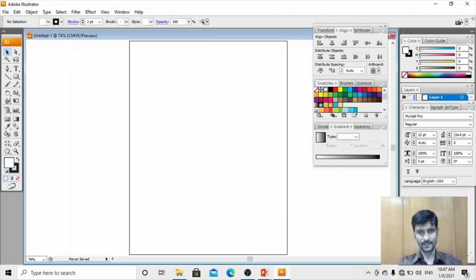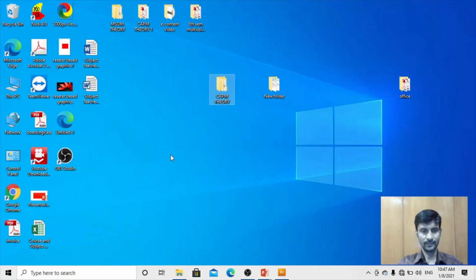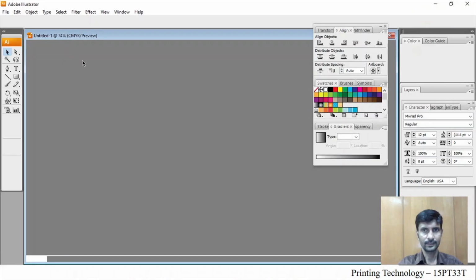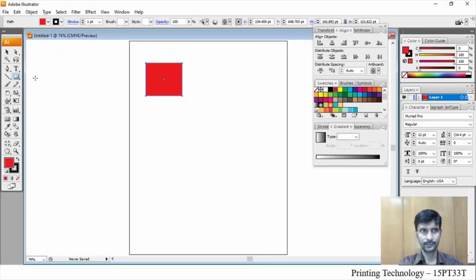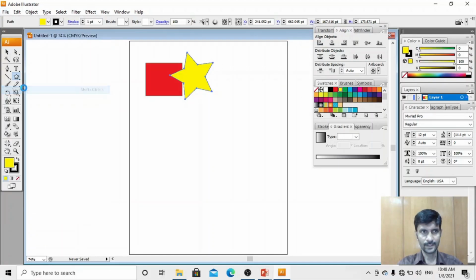Now, first .ai. I will show you both the methods. So .ai is an Illustrator file format. One minute, it is not there. I will create a new one and I will place it there. I have created this box and then filled the color along with some shapes also. Now I will save this file to the desktop.